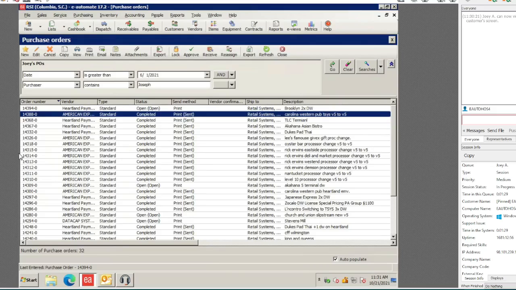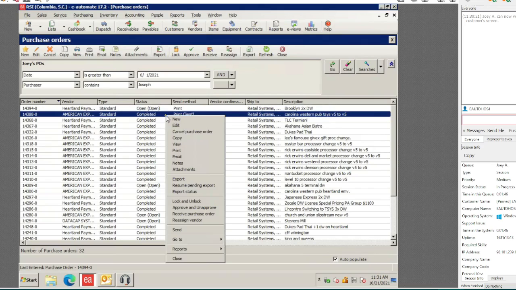Alright, we're going to go over how to do a credit card processor change in Positouch. The first thing you're going to want to do is make sure you have a sales order, and if you don't have a sales order, you cannot proceed unless Ryan reaches out to you specifically asking you to do it. But once you have the sales order and he gives you the parameters and everything that you need, the first